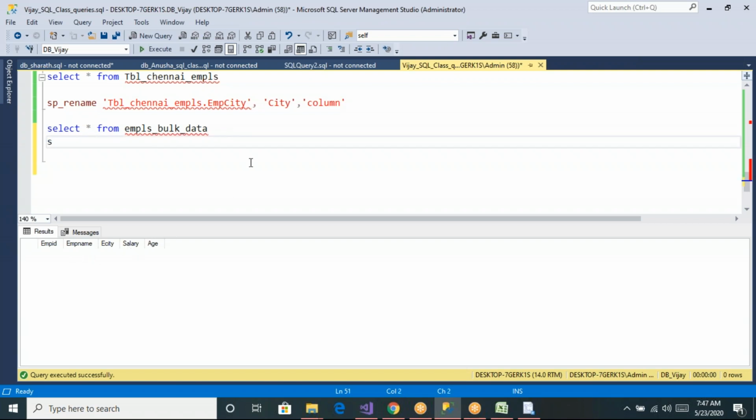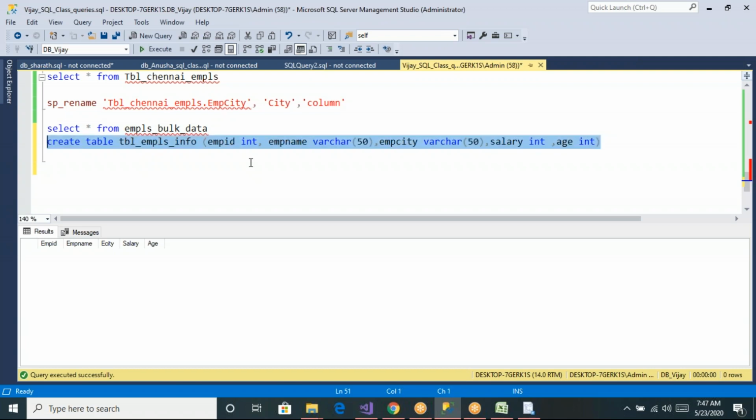So let me create one more table, something like employees info, employees information, with columns like EMPID integer, EMP name varchar 50, EMP city varchar 50, salary integer, and age integer, like this.